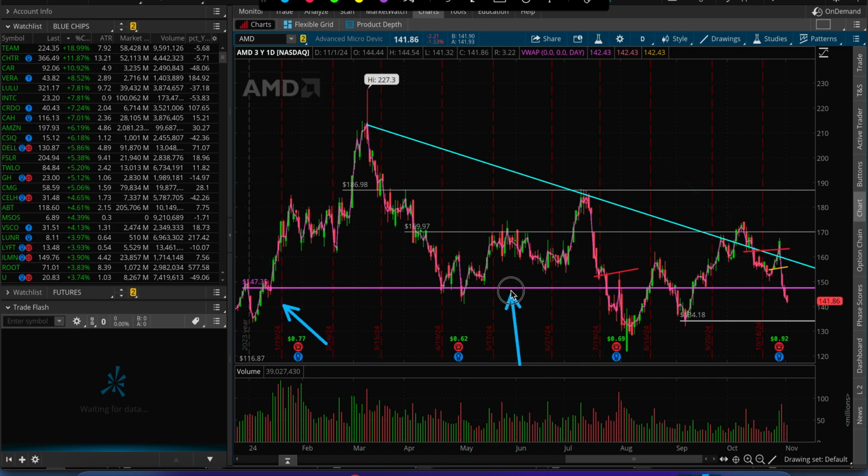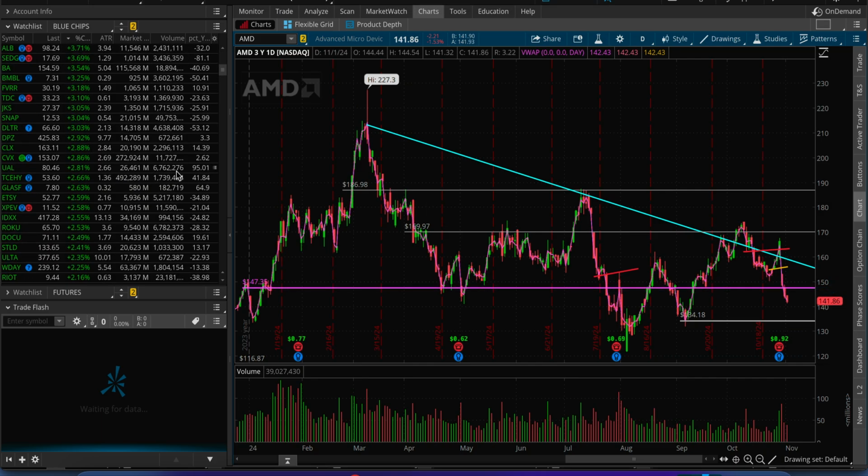But this purple line, this is not a support, this is not a resistance, okay? This is just purely for myself. When I trade, I tend to put these zero lines after Q2, Q3, just to have an idea. What the hell is this? It is basically the zero line, meaning that's where it closed last year, okay? Anytime it trades below this, stock year to date negative. Anytime it is above it, stock year to date positive. Purely that's the only reason why I have this there, okay?